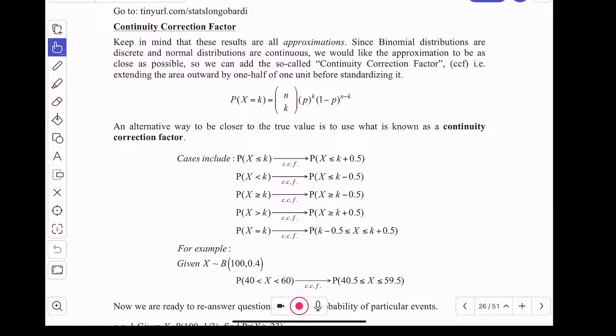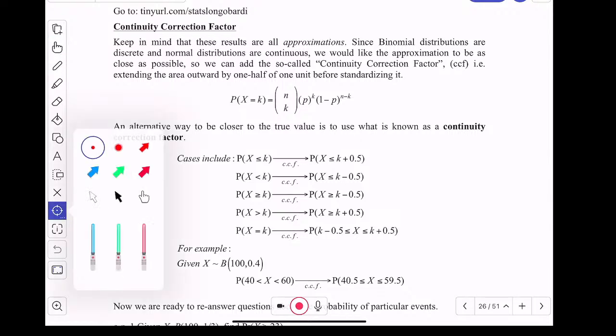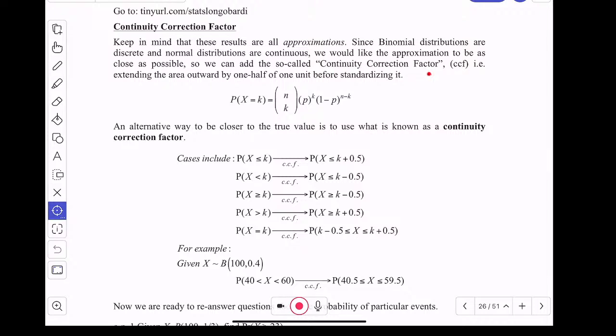Sorry about that. Okay, so the results that we've been calculating with the normal distribution are all approximations. Keep in mind the binomial distributions are discrete while normal distributions are continuous. If you'd like to be more exact, more precise, or as close as possible to the binomial equivalent, you can use the continuity correction factor approach. So what that involves is taking stock of the fact that